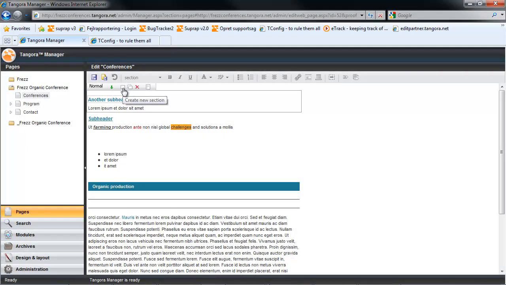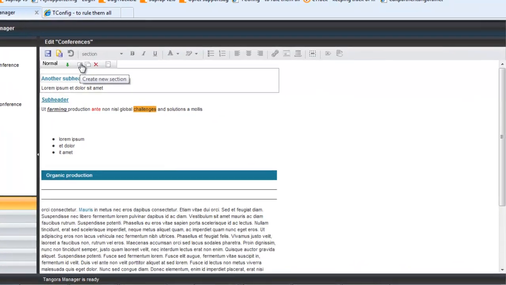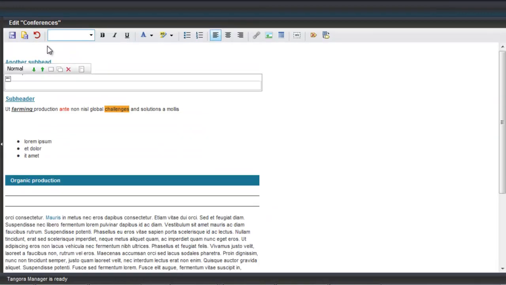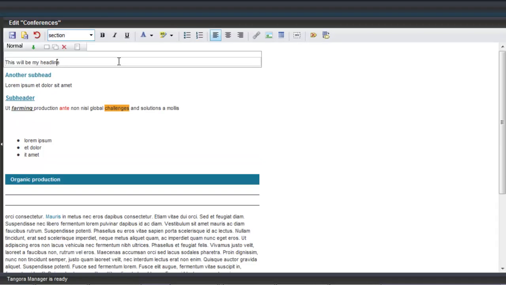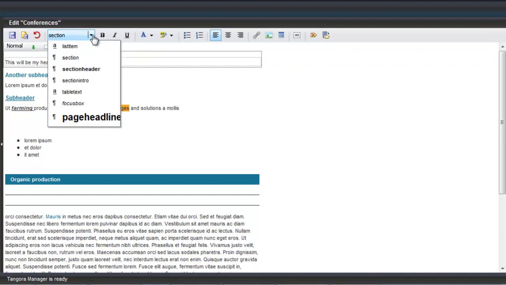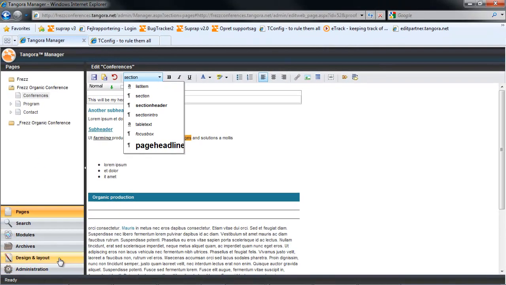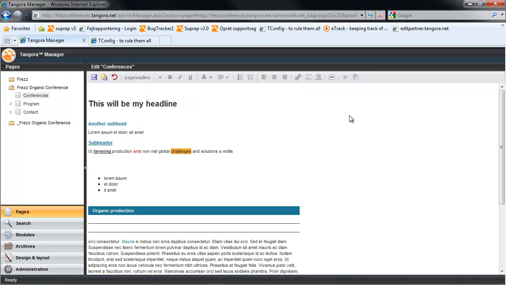Well, okay, say you want to create a headline here up the top, which is actually larger than your subheader. Here, I'm going to show you that you could use typographies for that purpose. First, I'm going to create a new section, and I'll type in some text that I want to have as my headline, and then I'll move this section to the top of my page, and then I'm going to click on my text, and now I want to point out that you have the option up here to apply a typography. There may be a whole range of existing typographies in your solution, and you could also create your own under Design Layout. So I could select, for example, Page Header here, and we could see what happens.